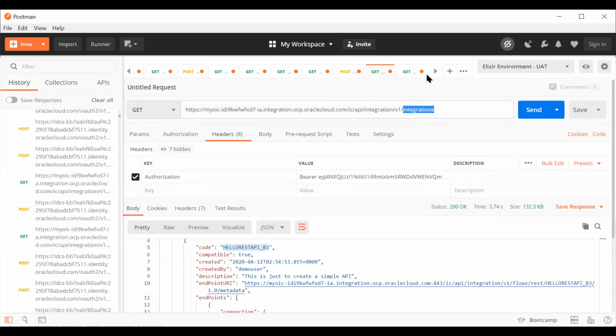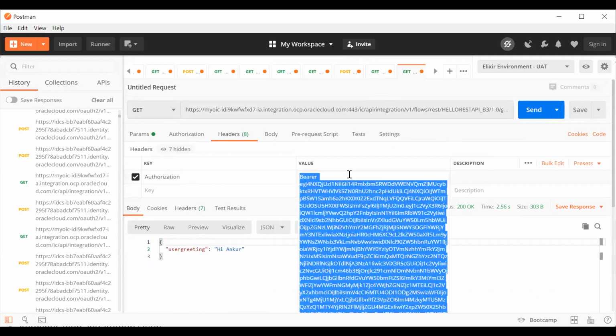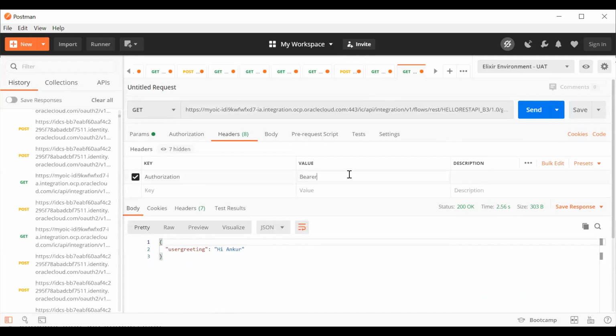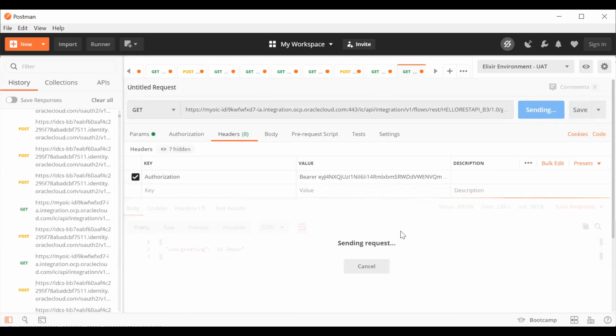In the same way, I have another API which I have developed under the OIC, as a hello REST API. Here I need to pass the name. I will pass Andrew as the name, and then again I will pass the bearer token. Then just paste the bearer token and click on the send button.